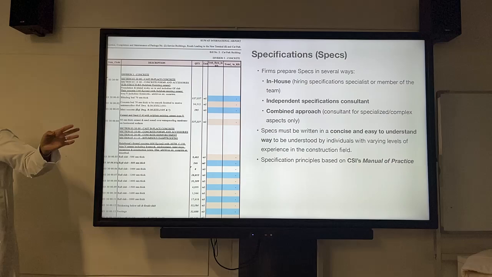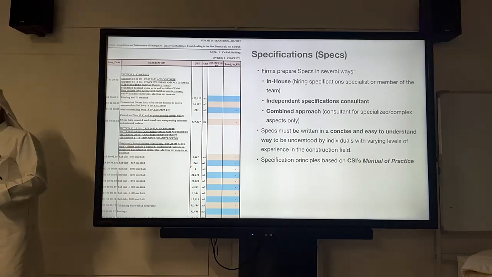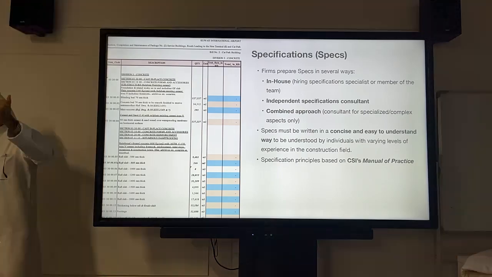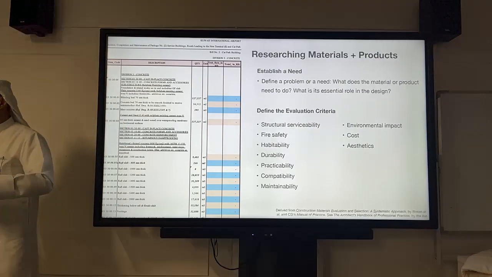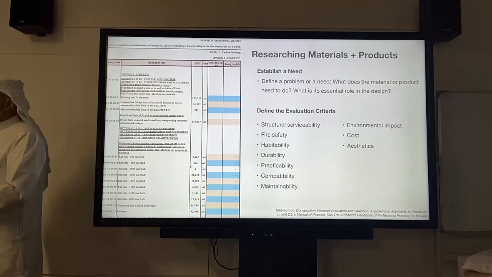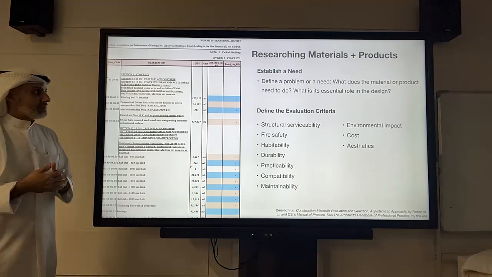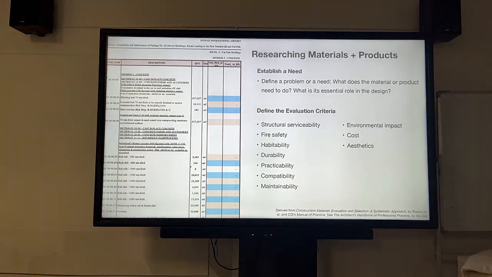And like I said, they're following the CSI's manual of practice, so that the numbering, the titles, we're not making things up, especially if they're standardized, they're using that and applying it in their specifications. So generally the process to figure out how to prepare a specification, first thing you're supposed to be researching the